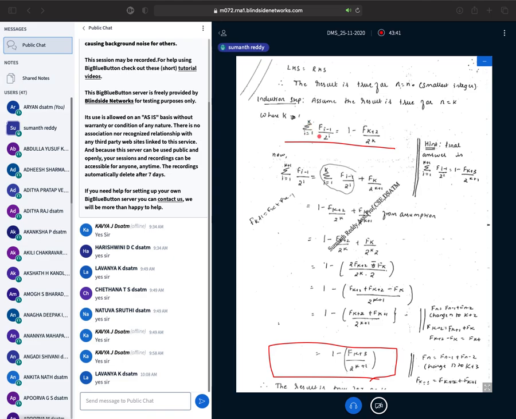So this side it will become summation of i equals 1 to k plus 1 of f of i minus 1 divided by 2 power i. Correct, right? So now I will take the LHS of that. Same procedure, whatever I had told for the previous problem, you will be using the same procedure.